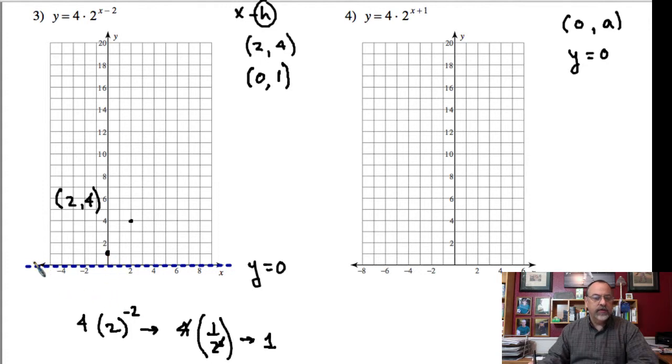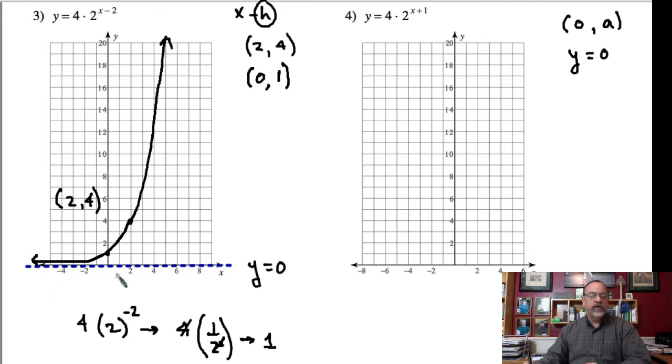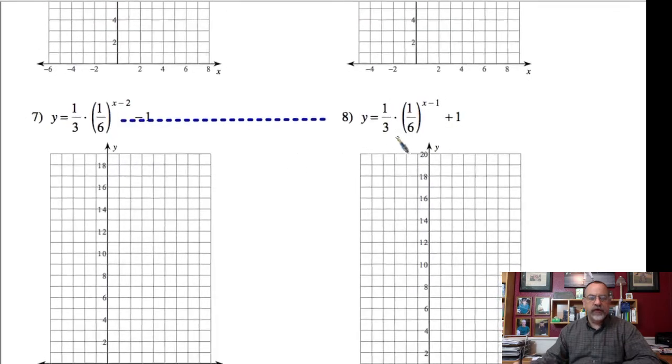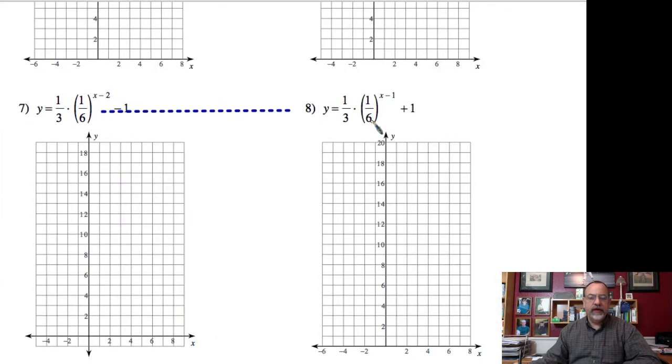So because it's a growth, I know that this has to come through here and it's going to grab here, so I have a fairly good picture of how this is going to grow. I can just extend that out. So sometimes by determining what the y-intercept is, I get a pretty good picture of how this is going to grow. Let's go ahead and look at number 8 here,